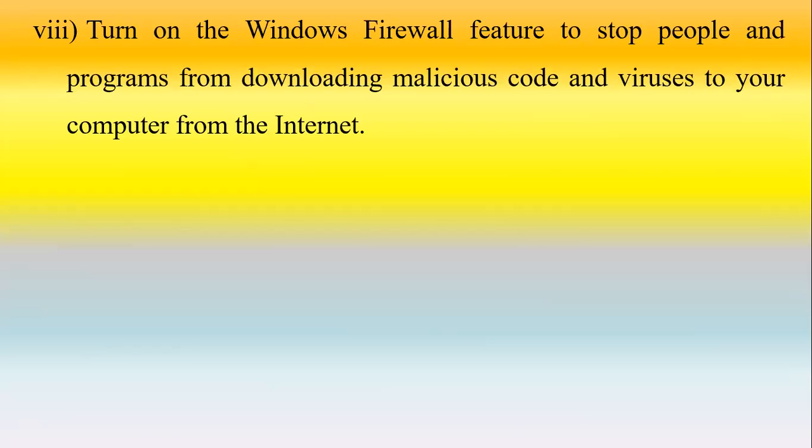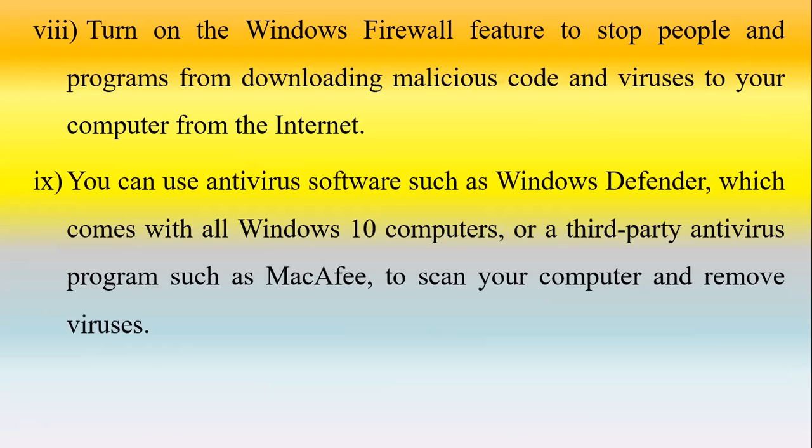Number 8, turn on the Windows Firewall feature to stop people and programs from downloading malicious code and viruses to your computer from the internet. Number 9, you can use antivirus software such as Windows Defender, which comes with Windows 10 and the most recent ones, or a third-party antivirus program such as McAfee in order to scan your computer and remove